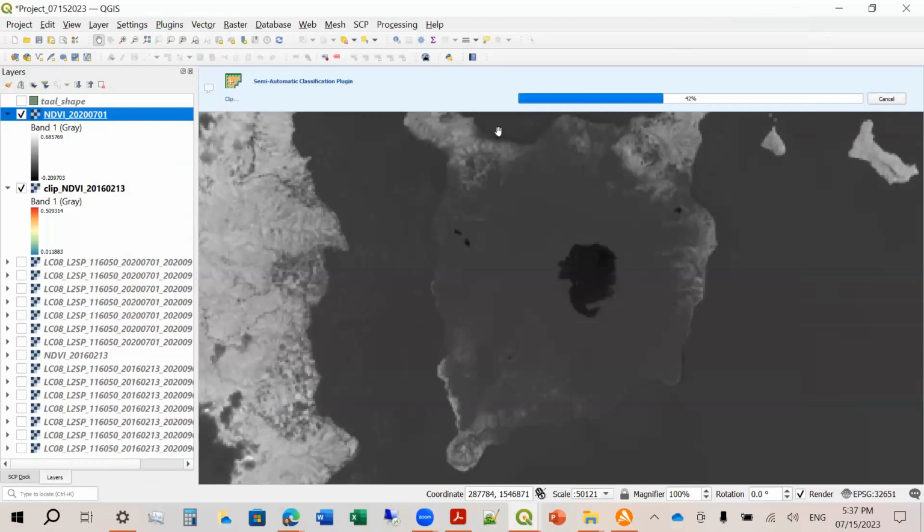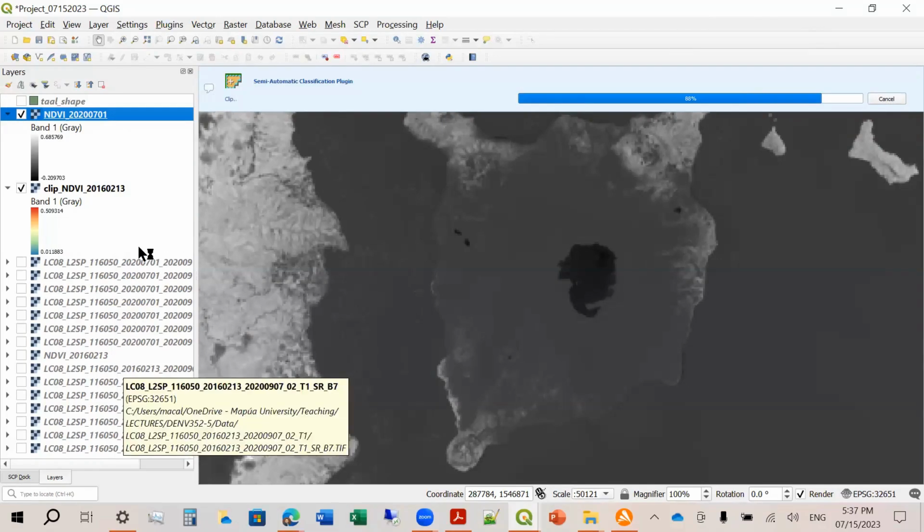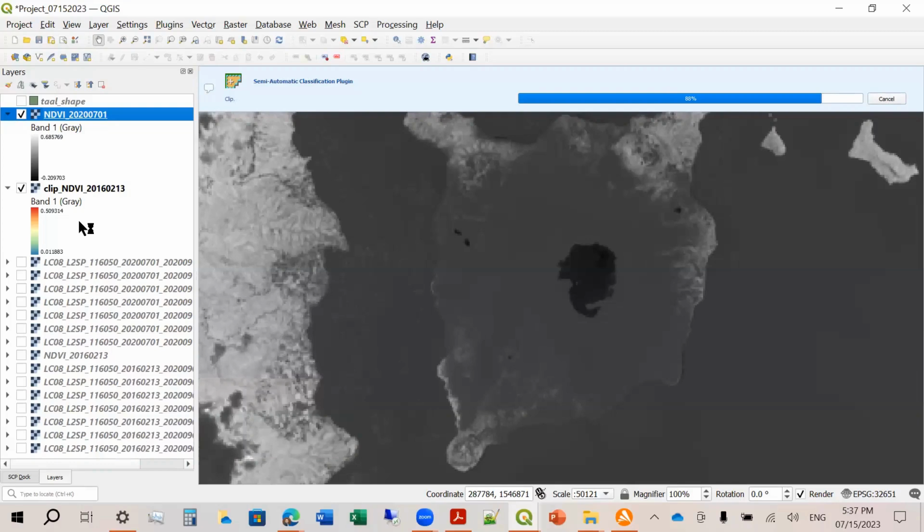Okay, 42%. Calculating. What you can also do is you can clip all the layers first before you compute for the NDVI. You can do that as well. However, the problem there is it's possible that you may want to calculate NDVI for the whole picture so that you can see the NDVI or other indices for the other regions if we want to look at them as well. Okay, but in the meantime, our focus is this volcano island and how it changed from 2016 and 2020.